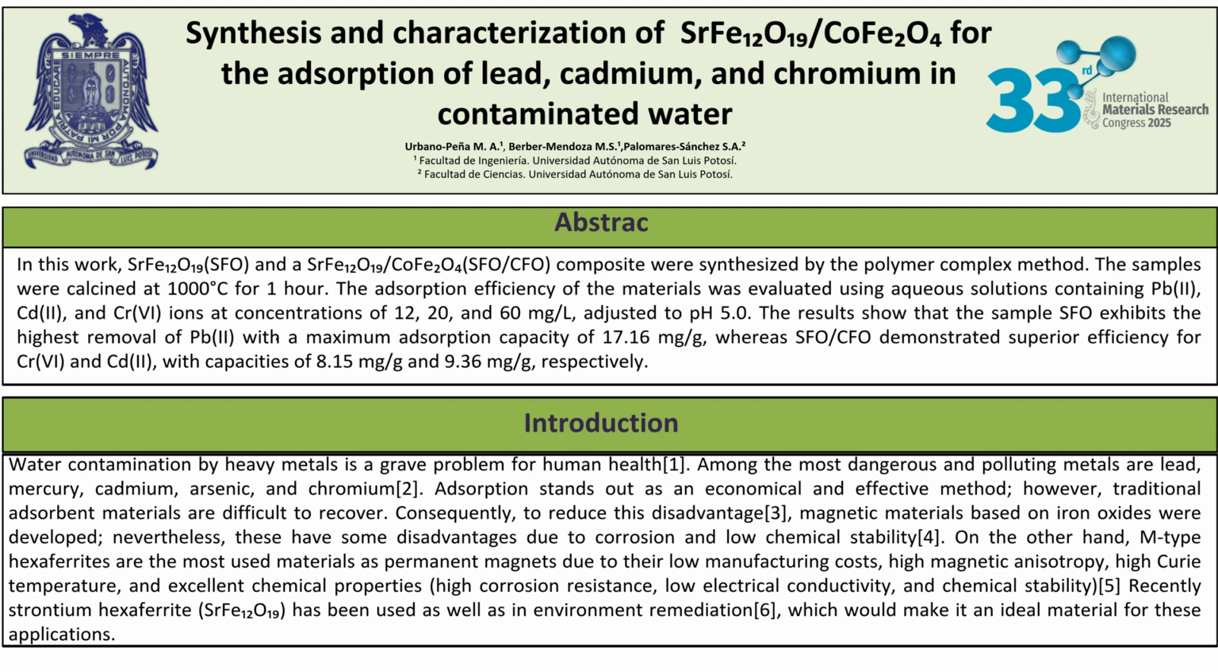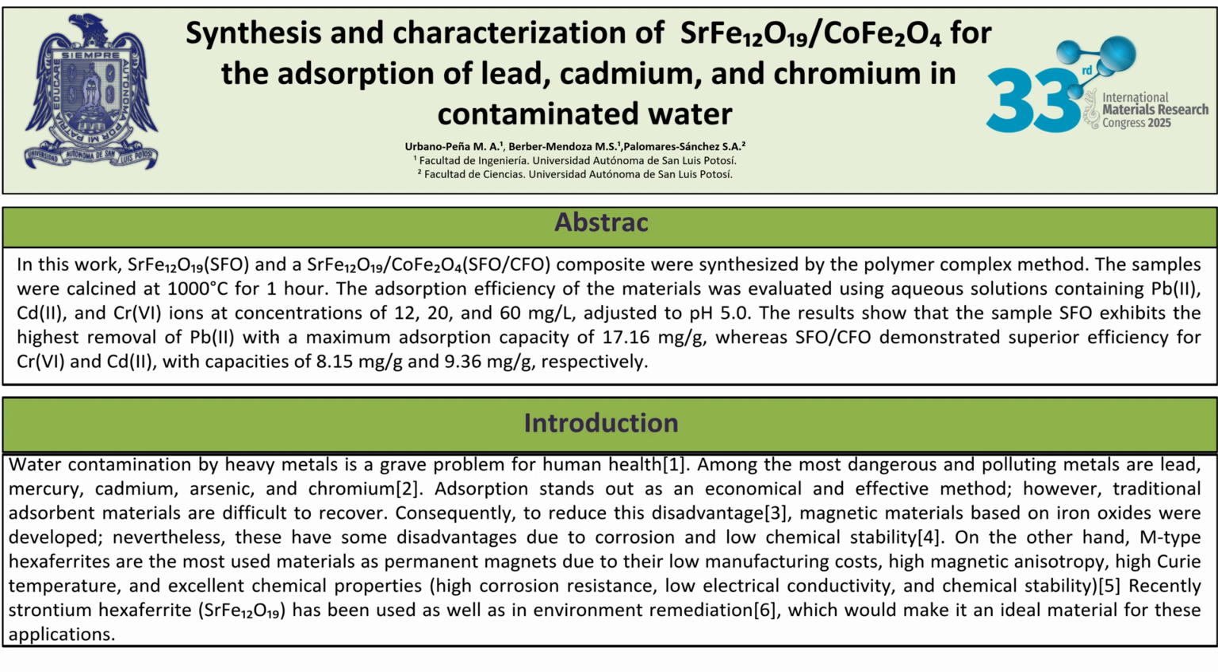On the other hand, M-type hexaferrites are the most used materials as permanent magnets due to their low manufacturing costs, high magnetic anisotropy, high Curie temperature, and excellent chemical properties: high corrosion resistance, low electrical conductivity, and chemical stability. Recently, strontium hexaferrite has been used as well in environmental remediation, which would make it an ideal material for